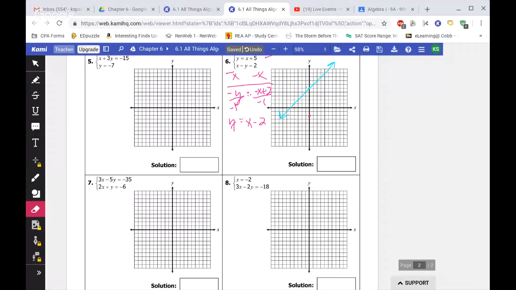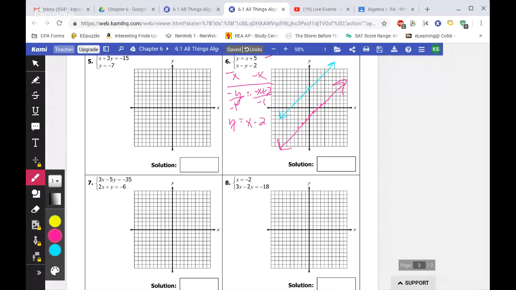Up 1, right 1, up 1, right 1, up 1, right 1, up 1, right 1, up 1, right 1. The lines are so small for Miss Sparks. Pretty line. So those two right there